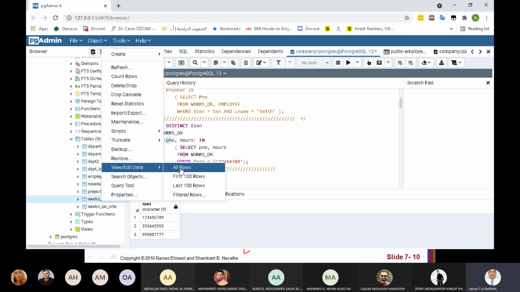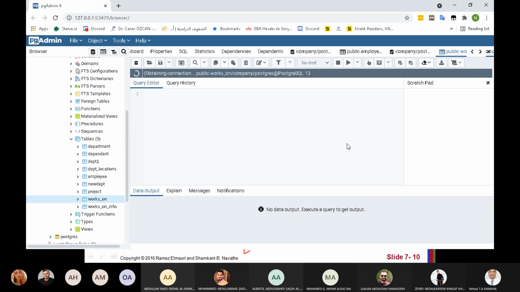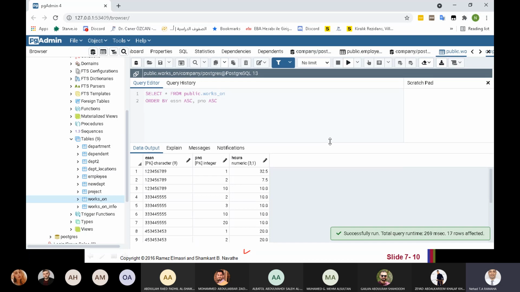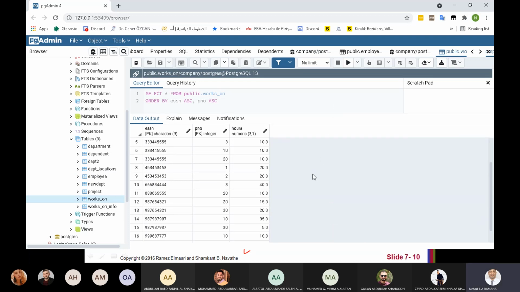I will just view all rows here. Okay, with this employee, he is working in project 1, 32.5 hours. He is working on project 2, 7.5, and he works on project 10, 10 hours. Actually, I added this value. I added that he works on project 10.